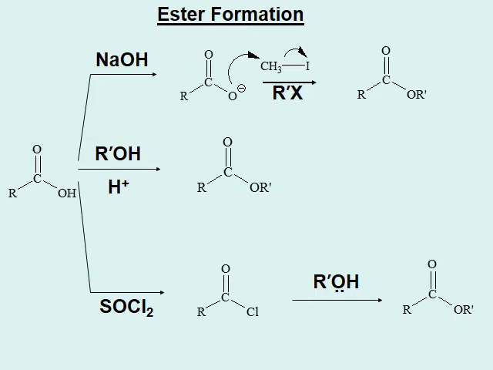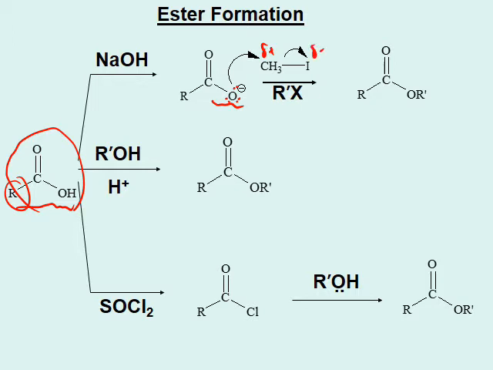Now, in presence of hydroxide ion, obviously this is acetic acid, or it could be one of those carboxylic acids, depending upon what R is, becomes O minus because NaOH reacts with H plus, giving H2O. So you get this acetate ion. Now, acetate ion has pairs of electrons. So it'd be 1, 2, 3, 4, 5, 6. And any of this pair of electrons will be attracted towards the carbon,